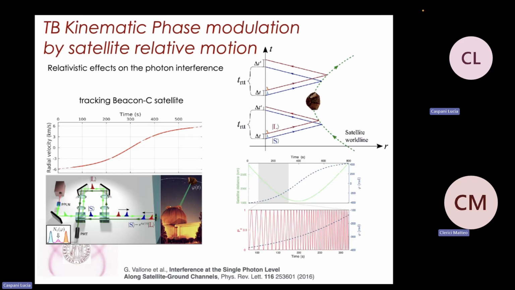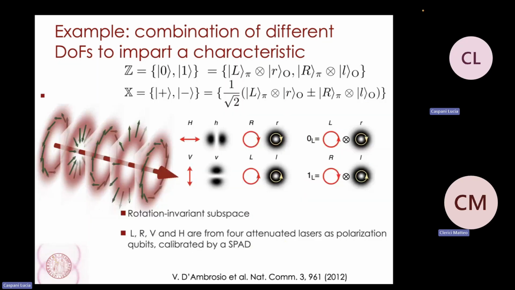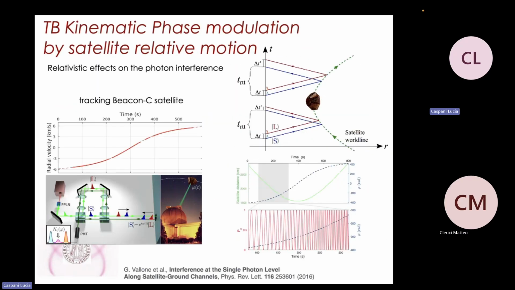The time-bin is also very intriguing for fundamental studies. We actually studied the effect of the special relativity transformation when you have a source on the ground and your interlocutor is in orbit, but has a significant relative velocity that, due to the satellite motion, is also always changing, so has a continuously varying speed, and this introduces essentially such a plot for the radial velocity, from -4 to +4 in this case,